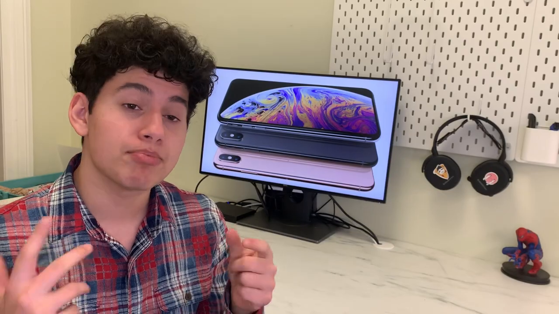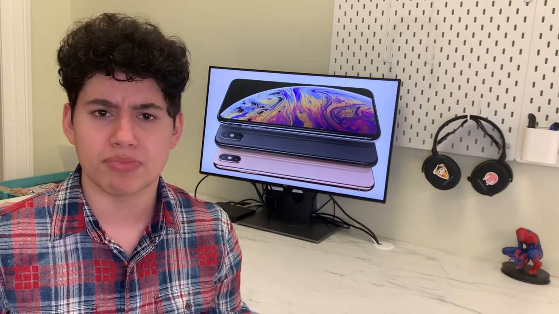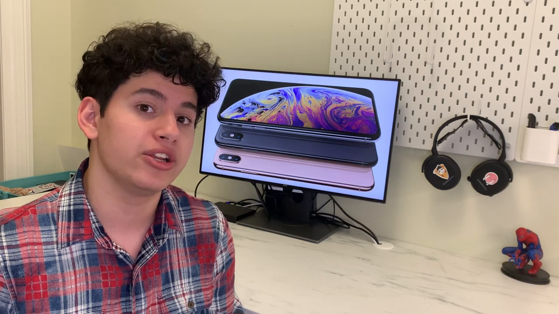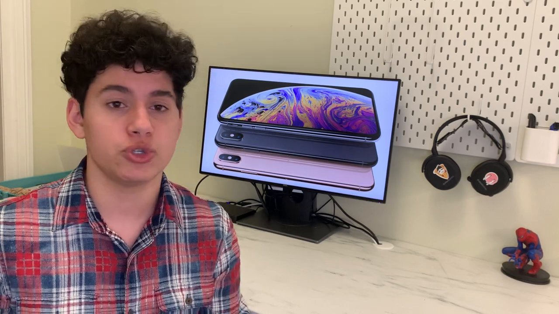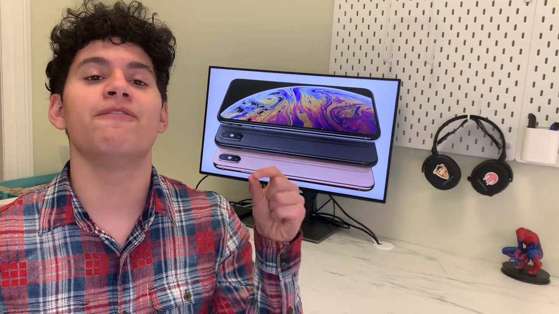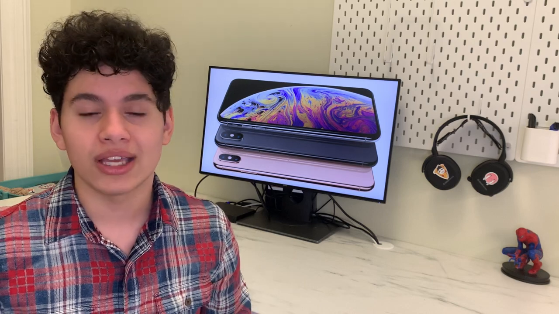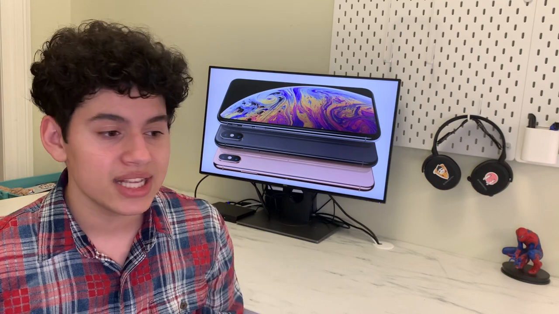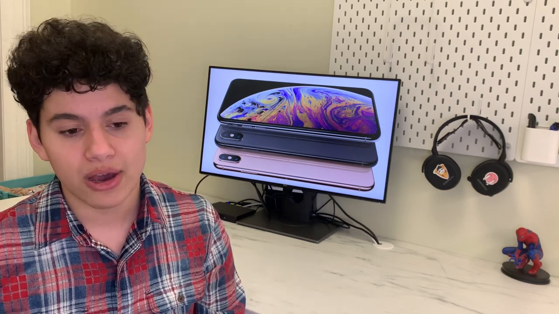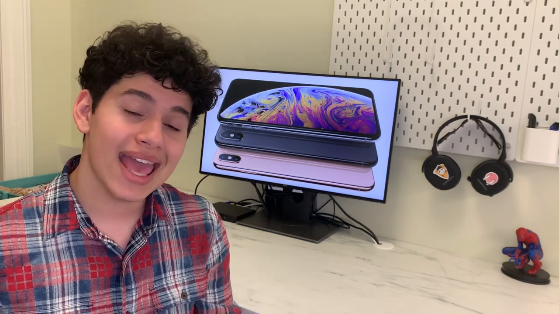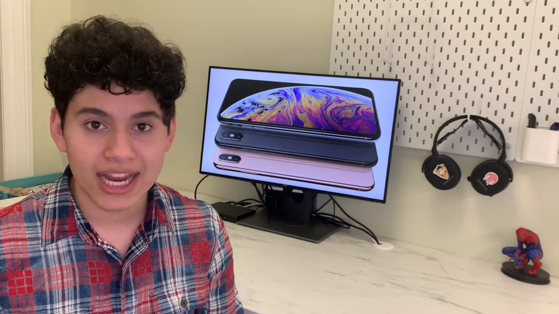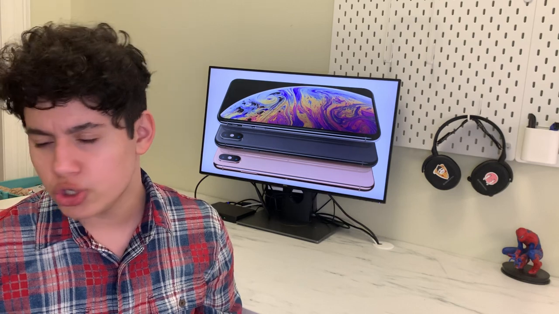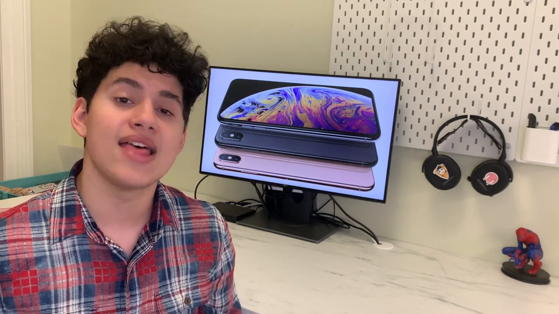So if you just got a brand new iPhone, either because you swapped from Android or because you just upgraded your phone from the iPhone 8 to the iPhone 12 Pro Max, this is the video for you. We're going to be talking about the app library, the control center, widgets, and we're going to be comparing the gesture control of newer iPhones to the home button that older